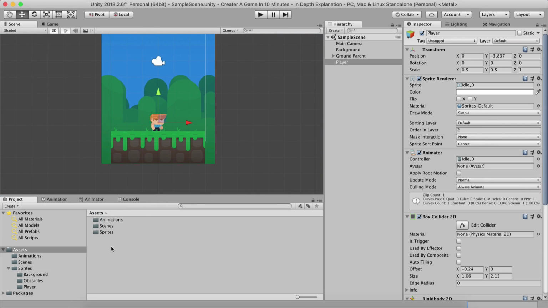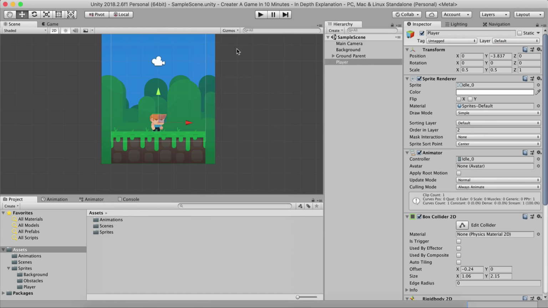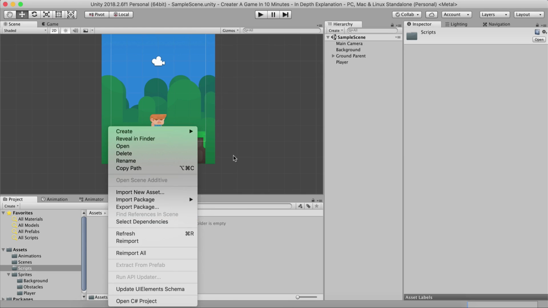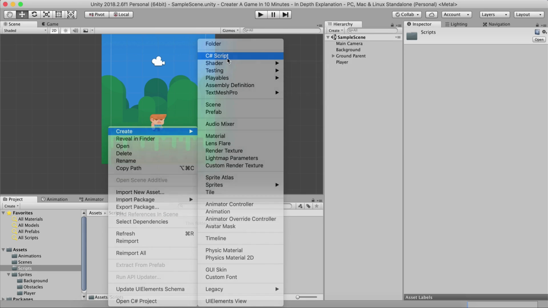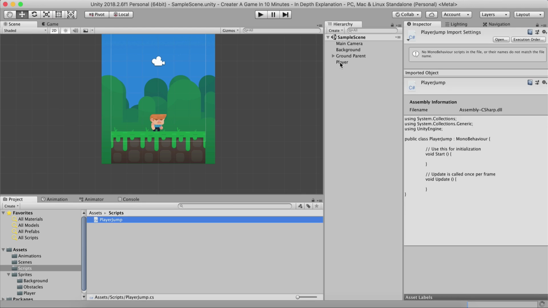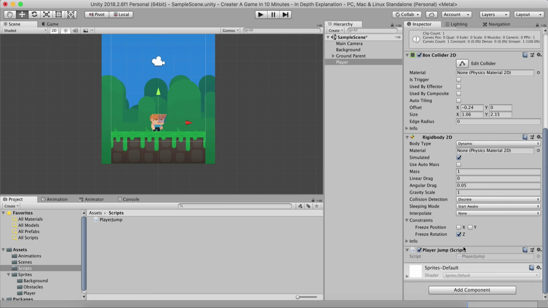Now that we have this, we can right click in the project folder or in the assets and create a new folder for our scripts. In the scripts folder, I'm gonna right click and create a C# script, which I am going to call PlayerJump or PlayerMovementControl or whatever you wanna call it, because we're simply gonna move or make our player jump. Select the player, attach the script, double click it and open it in Visual Studio,